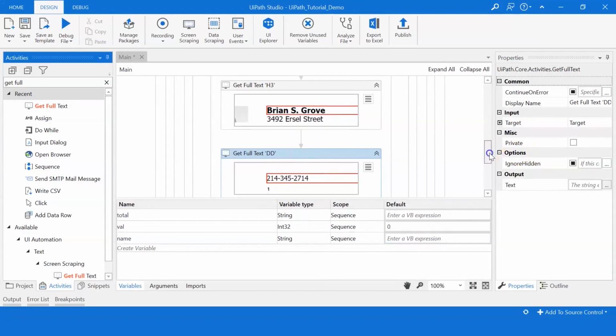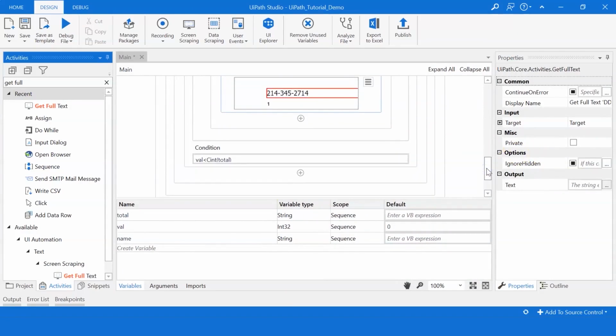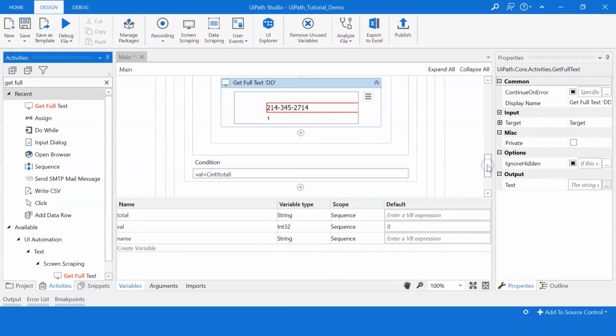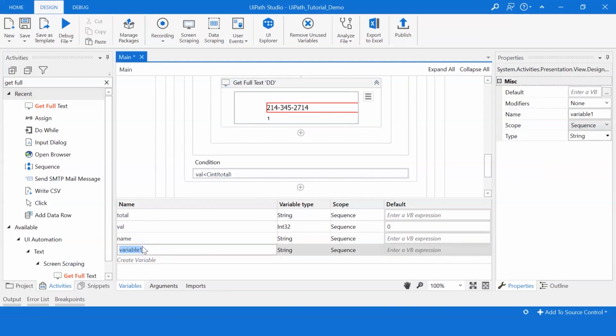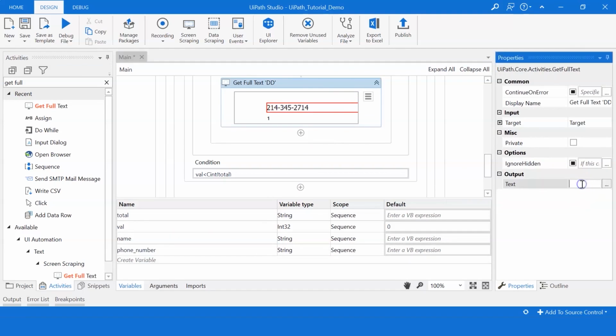So we have selected the phone number. Similarly, I'll store this phone number in a variable. I'll create a variable called phone_number, and the output text box also will give the same variable as phone_number.